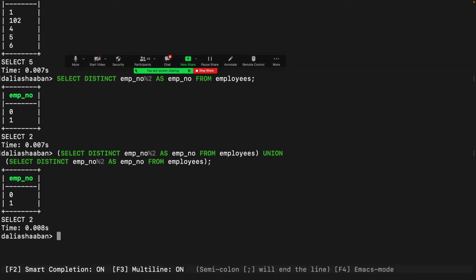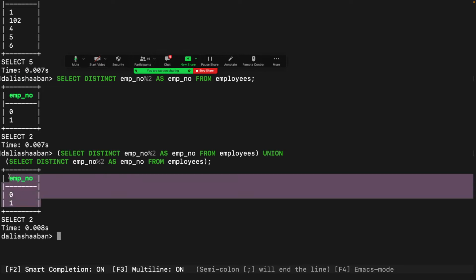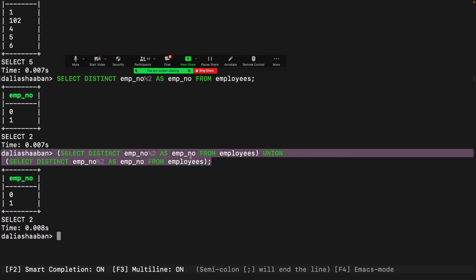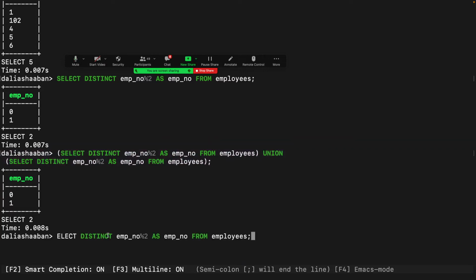So, union, intersect, and except, those are all keywords where they will remove the duplicates, and bags are in that sense converted to sets. Does anybody know a keyword that we could use if we did not want to remove any of the duplicates? Yes? Exactly. So,